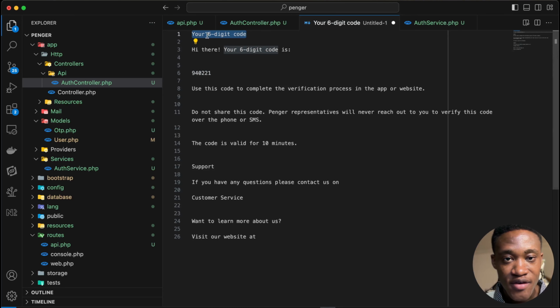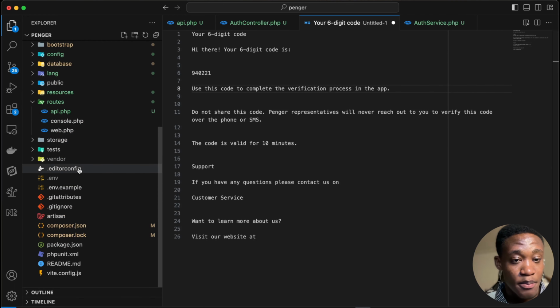You have the first line, your 6-digit code, and then hi there. So here I want to write the user's name, provide the code, and make a description here. We want to change this and say in the app, do not share this code, Penger is here. Now this is the template. So let's go ahead and implement this in our mail